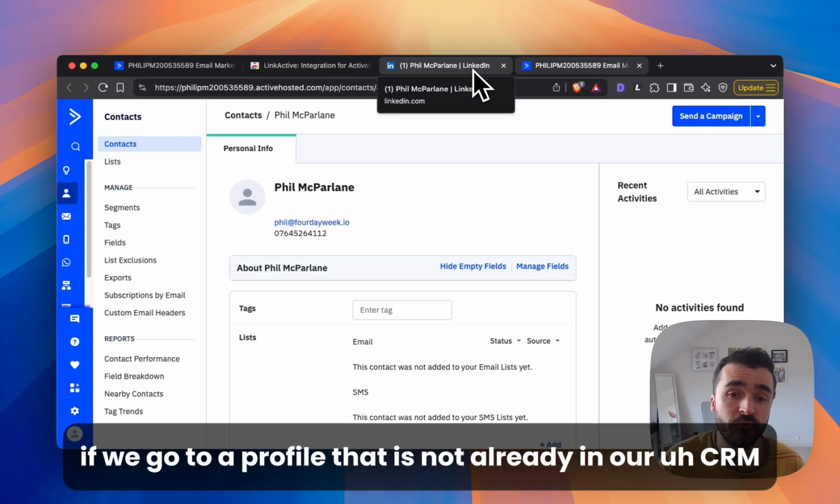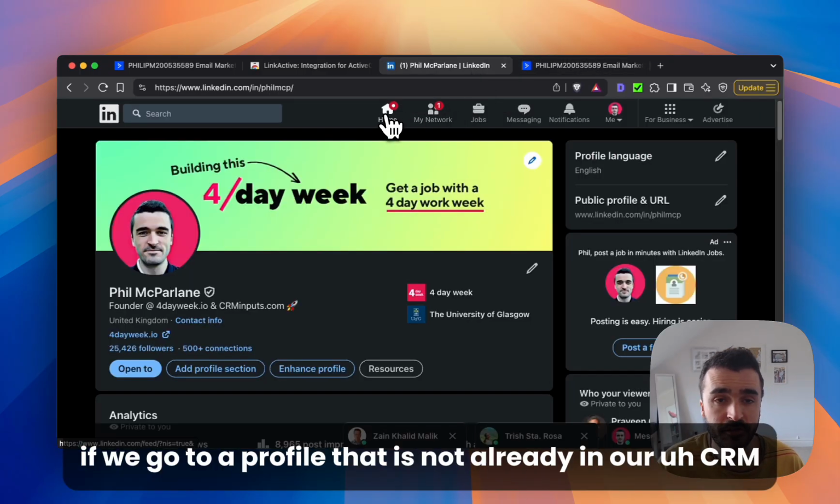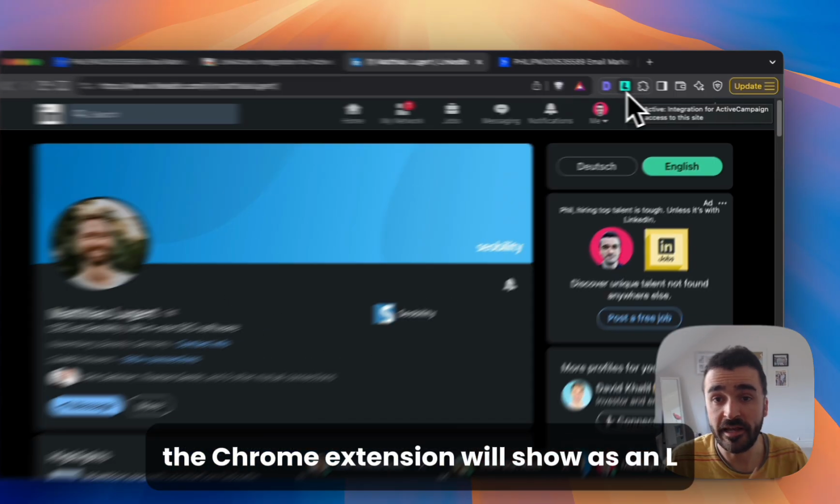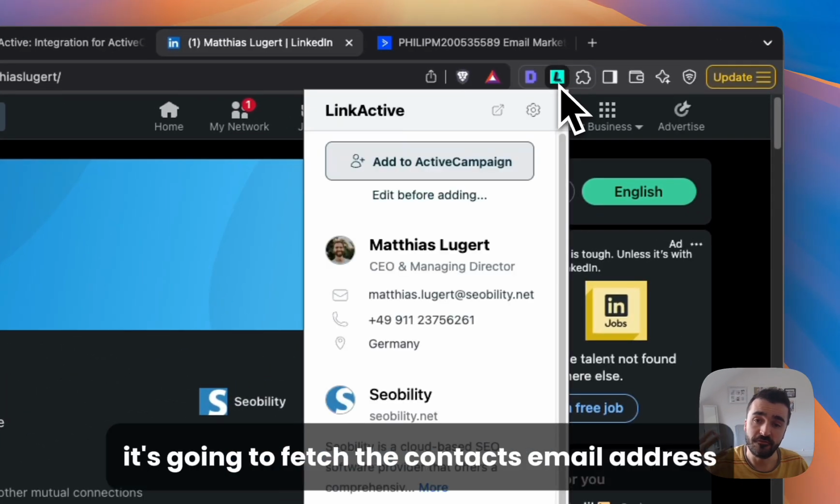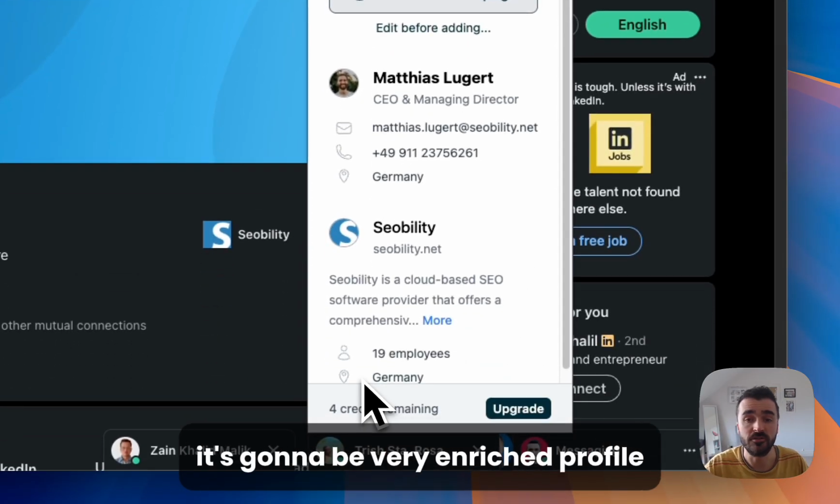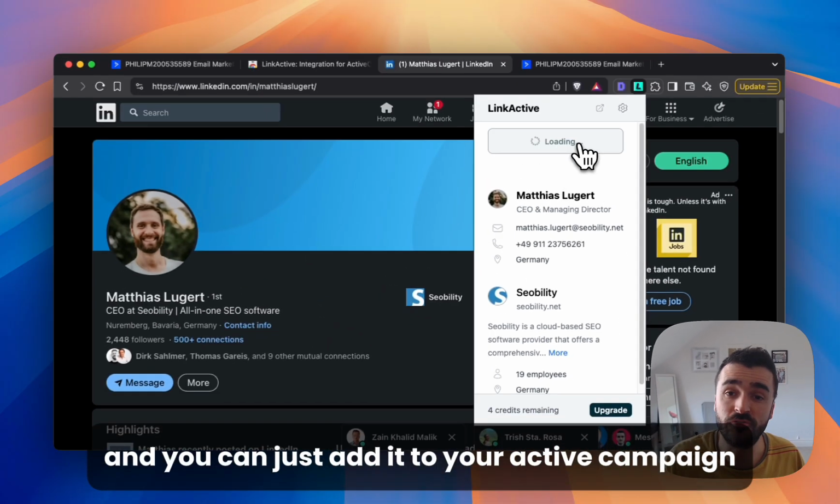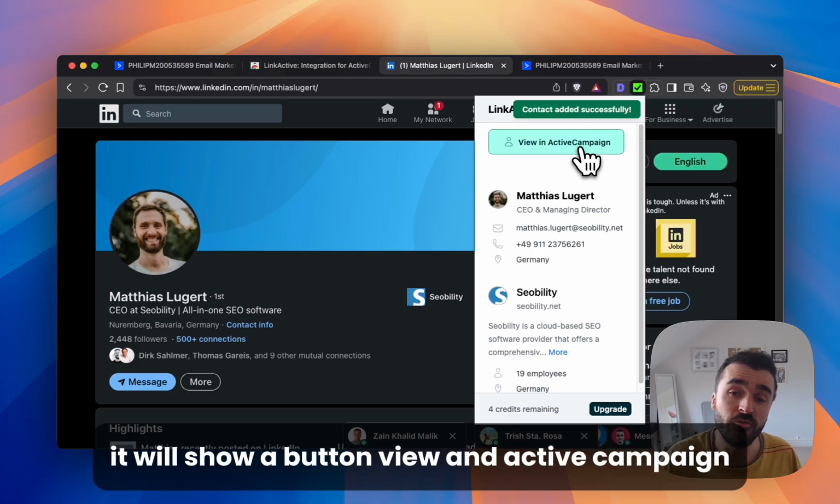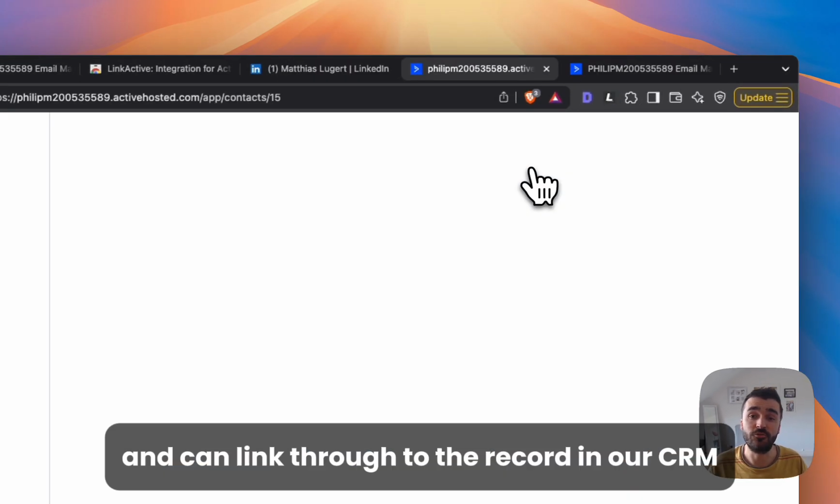But if we go to a profile that is not already in our CRM, such as potentially this one, the Chrome extension will show as an L, and when you click it, it's going to fetch the contact's email address, phone number, company, job title. It's going to be a very enriched profile, and you can just add it to your ActiveCampaign CRM with just one click. And once that's finished, it'll show a button, View in ActiveCampaign,